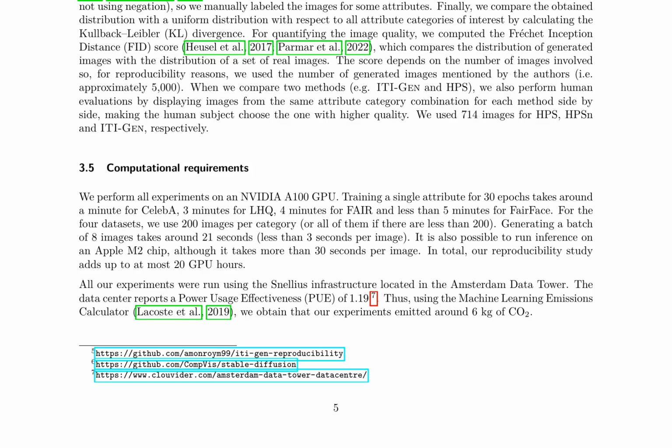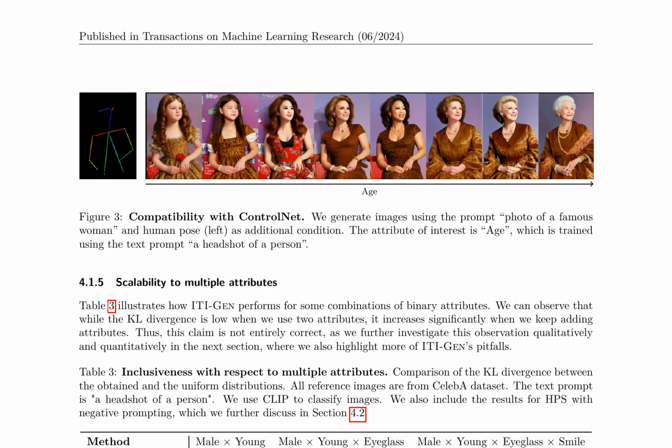The study also demonstrates ITI-GEN's scalability to different domains and its plug-and-play capabilities with similar prompts. ITI-GEN is designed to generate diverse images based on textual descriptions. Experiments involving different domains such as human faces and natural scenes demonstrate the model's capabilities. The model's compatibility with ControlNet was tested, showing that it improves diversity with respect to the inclusive tokens used but may introduce other biases from the reference images.